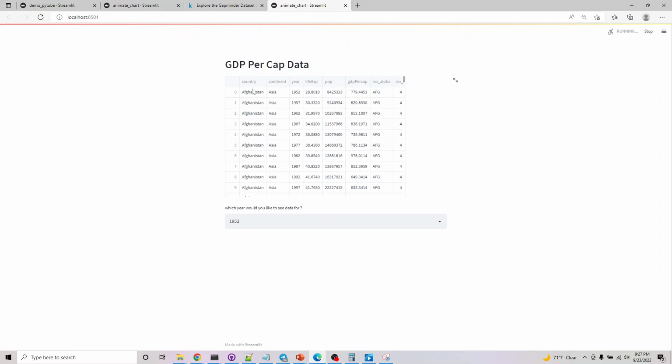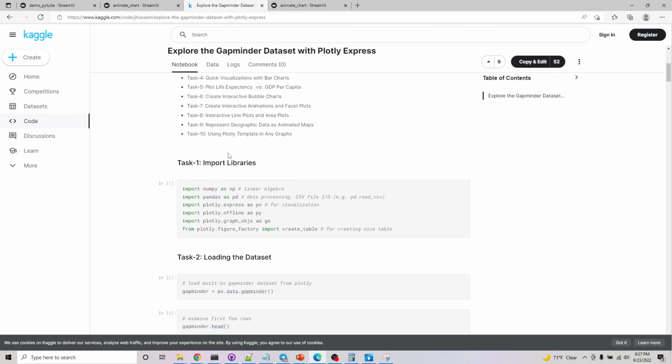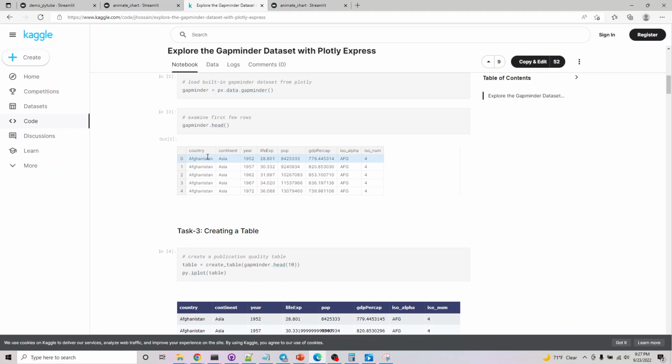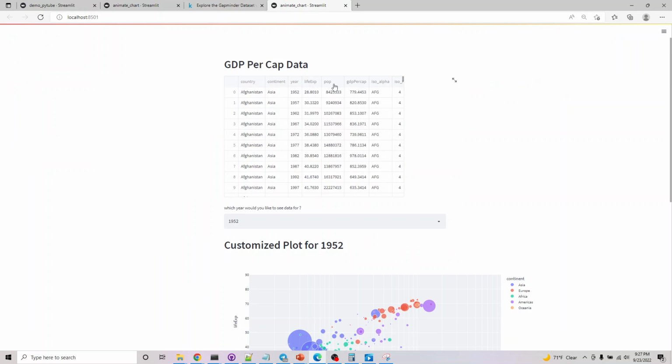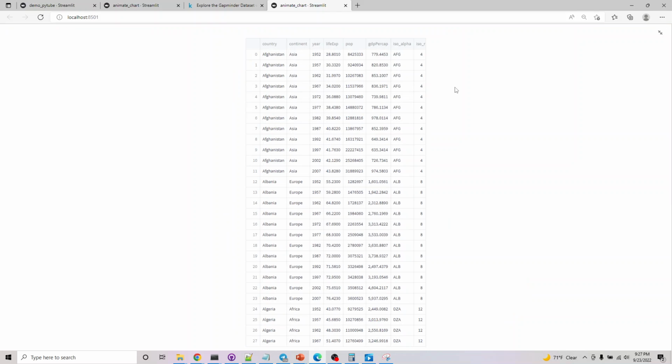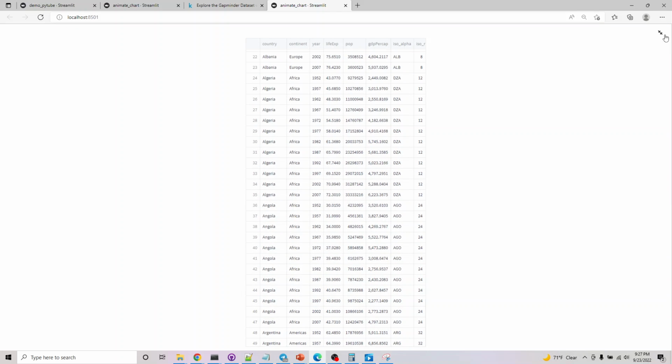Cool. So this is our default data set. If you look at this too, the data set is exactly the same: country, continent, year, life expectancy, pop. So we are exactly getting that data set here. And on this data set